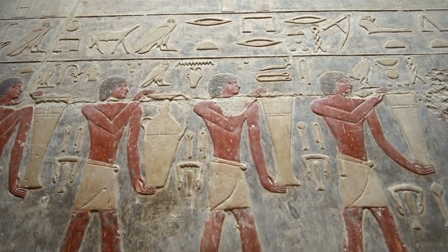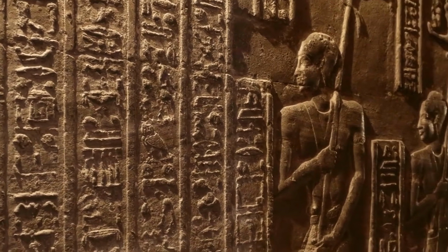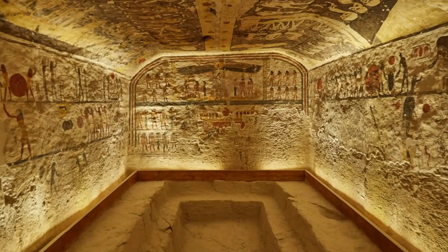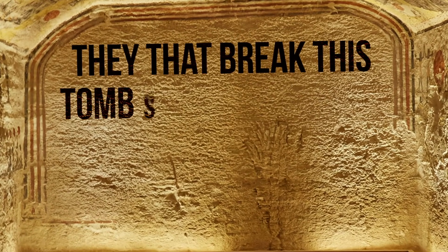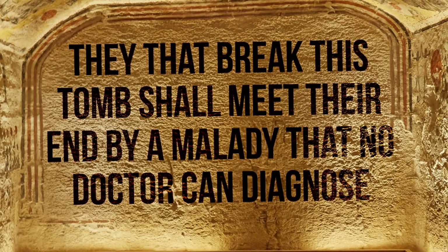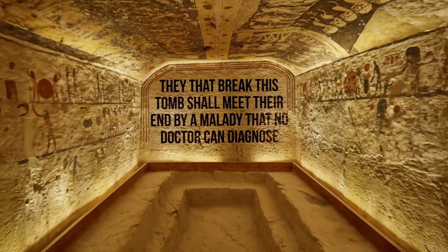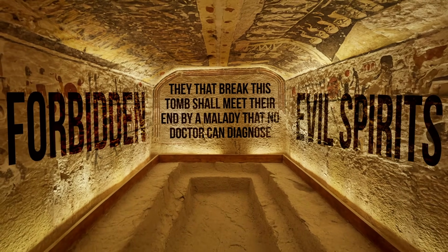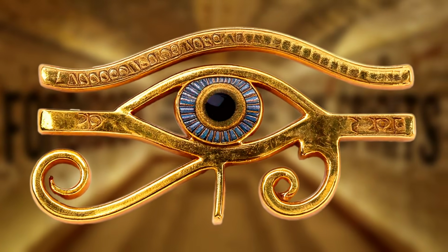Interestingly, experts believe that the builders of these ancient tombs were aware of the toxins, as some eerie warnings were carved into the walls of many tombs. One inscription ominously declared, "They that break this tomb shall meet their end by a malady that no doctor can diagnose." Other ominous phrases like "forbidden," "due to evil spirits," only added to the fear that supernatural curses haunted these